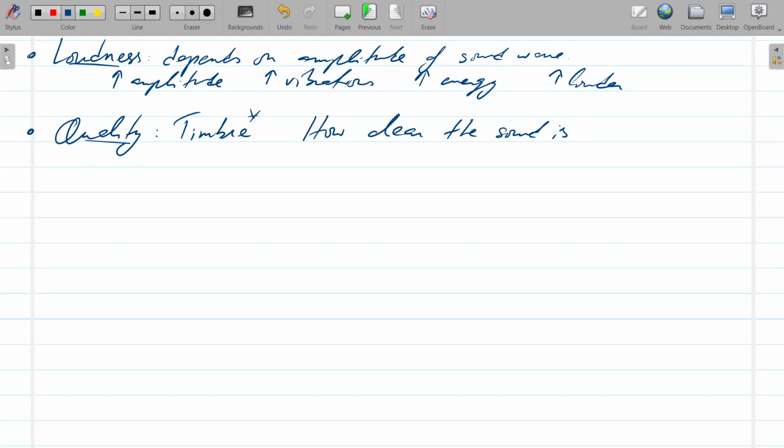And to explain this, what they say is that, for example, you are producing a sound of a frequency using different instruments. So you're using a tuning fork, and then you're using a piano, and then you're using a violin. And you're producing the same type of sound, the same note, so the same pitch and everything, from these three different